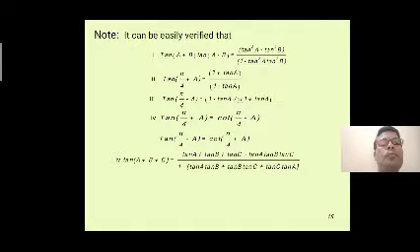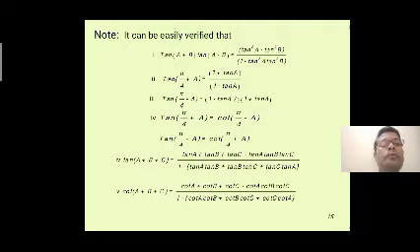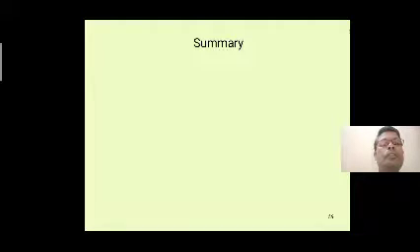Now we go to the fourth one: tan of (a plus b plus c) equals (tan a plus tan b plus tan c minus tan a tan b tan c) by (1 minus tan a tan b minus tan b tan c minus tan c tan a). This one will be no need for you. The fifth one is also the same, cot of (a plus b plus c), also no need for you.